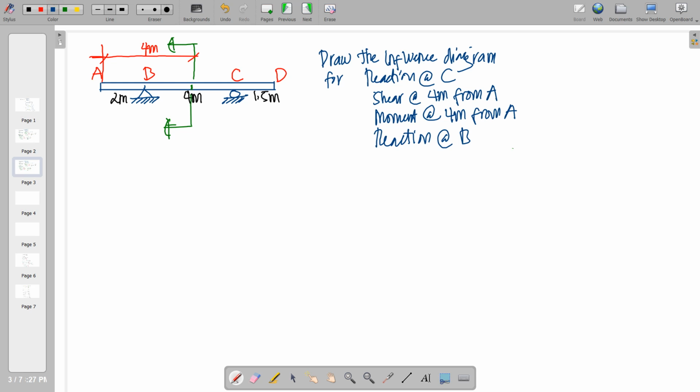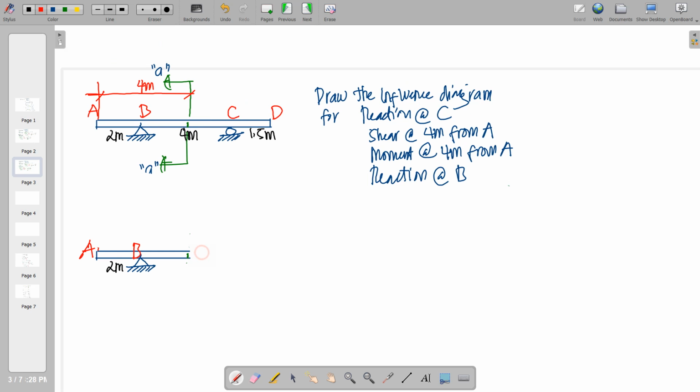Perhaps we can denote it by section A-A, considering the left portion. And as usual, we'll just cut that portion and consider the left, and then label all the forces here. There will be a shear here, and of course a horizontal force. Obviously there will be no horizontal force there, and then of course the moment.